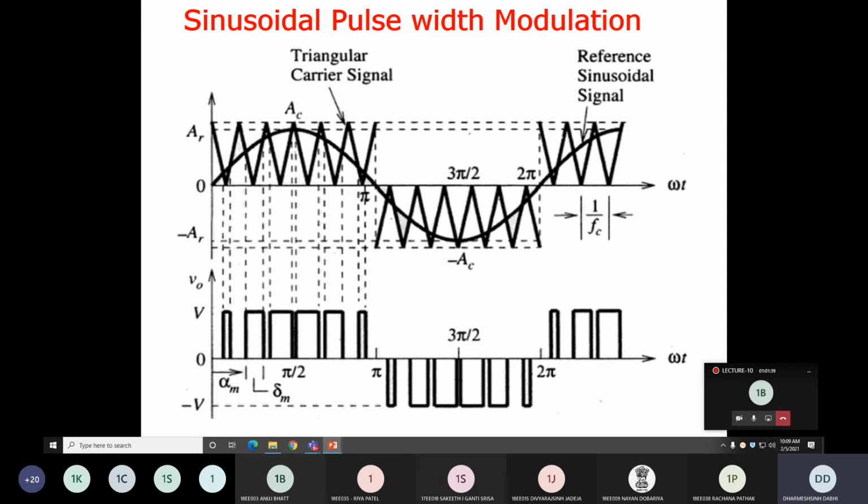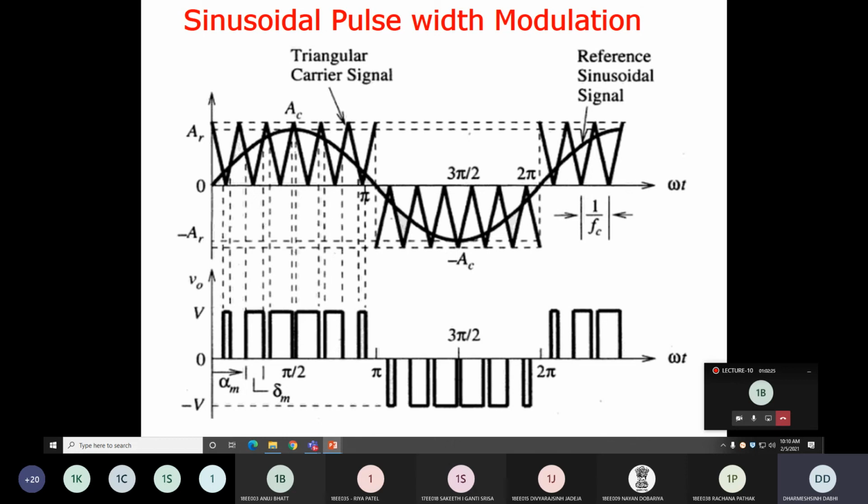So one of the techniques best suited for the inverter is the sinusoidal pulse width modulation technique, in which your output voltage becomes more and more near to sinusoidal. It means the output contains very few harmonics as compared to the other PWM techniques. So generally in the inverter we prefer this method because it contains fewer harmonics, we require a smaller filter, so ultimately the cost of the inverter becomes less. So that is an efficient, best method to not only control the output voltage, but also to reduce the harmonics.